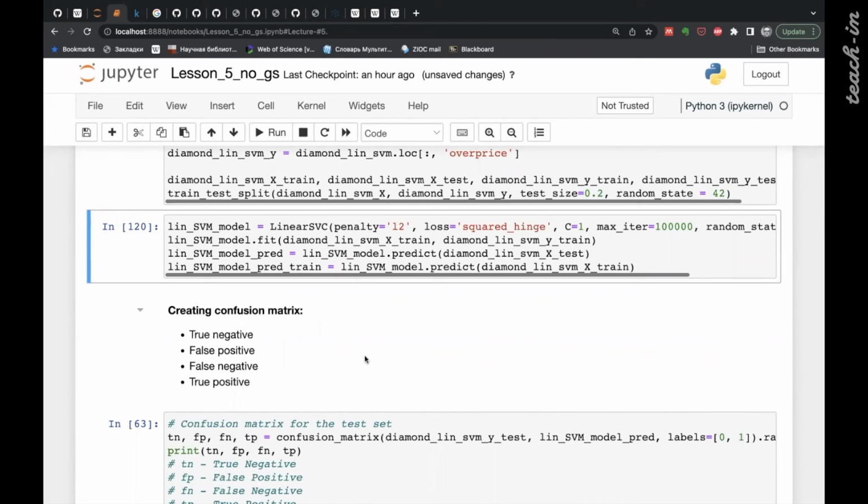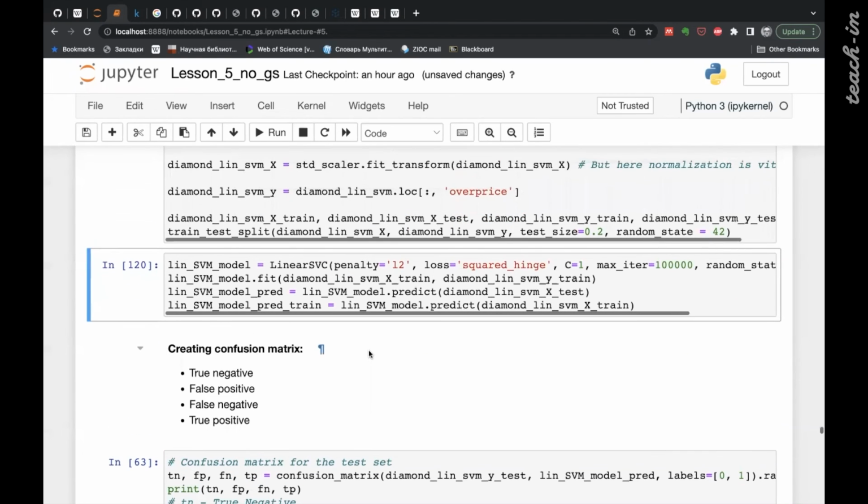If we assign some gem to overpriced or normal classes, we can assign